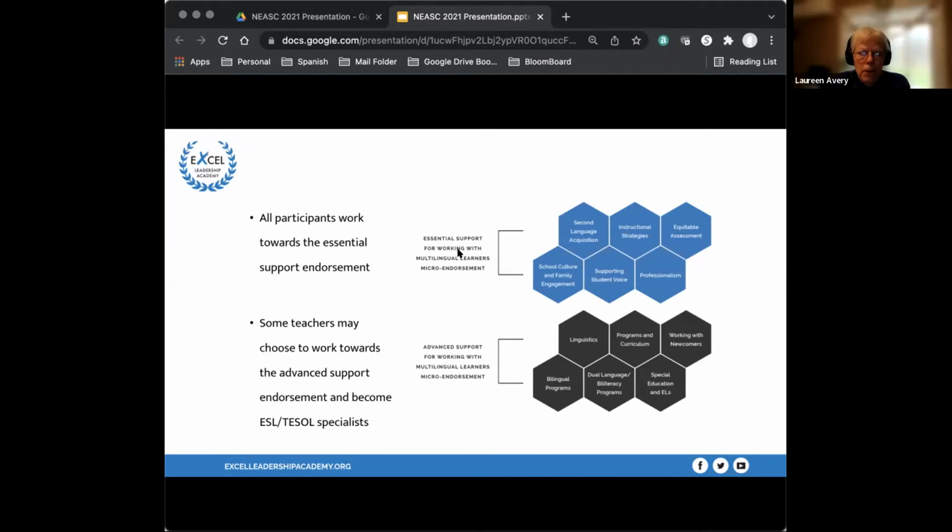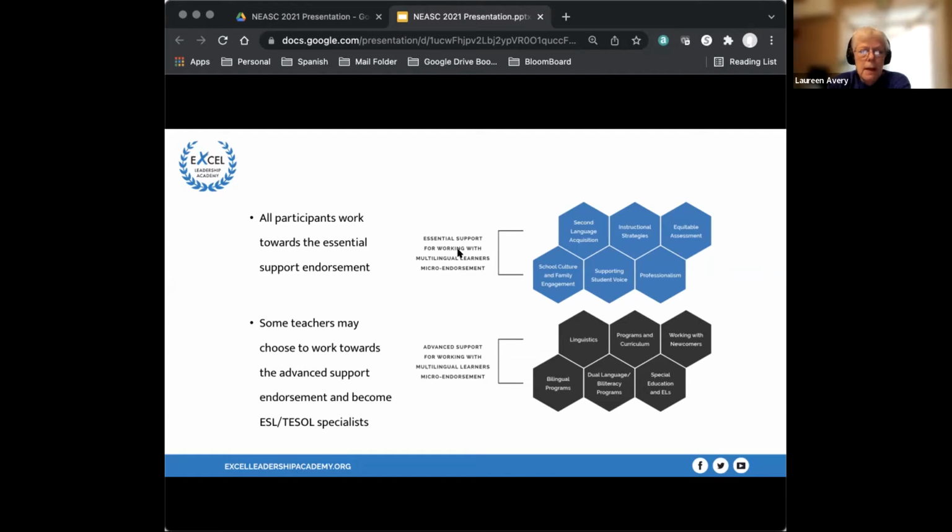Here you can see the full set of 12 micro-credentials. This work, there's really almost 2 different pathways you could take depending on where you are when you start. We encourage and believe every classroom teacher, every specialist teacher, many paraprofessionals should really work towards and earn what we call the essential support micro endorsement.